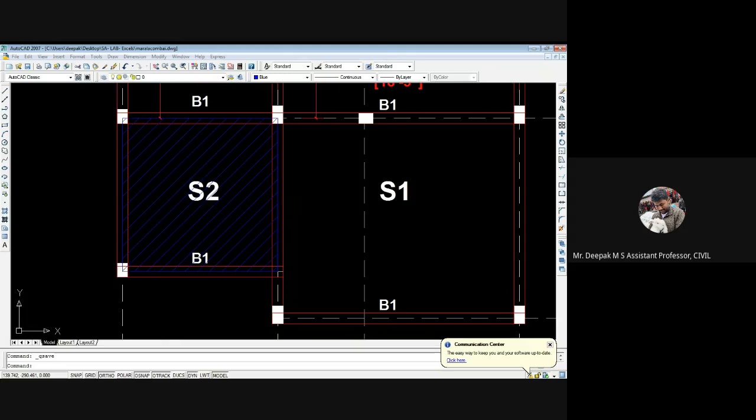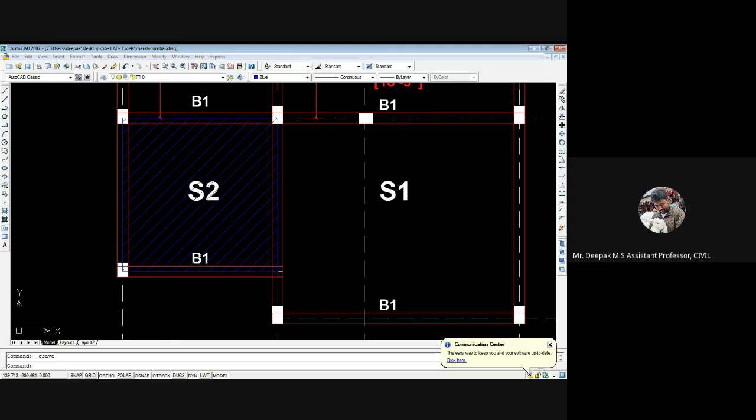Now the load calculation we calculated here: dead load, finishes, and the factored load is so much. Effective span is the clear span plus the depth of the slab, or the clear span plus the thickness of the walls. I'm getting the effective span as 3380. Now the bending moment coefficients. You have to apply negative and positive: negative for hogging and positive for sagging.